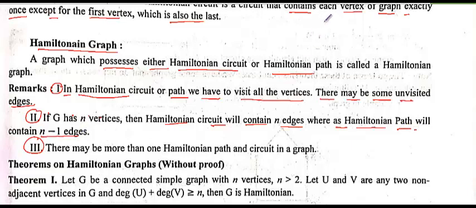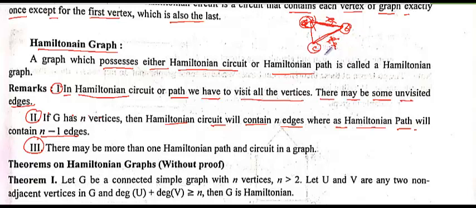I will explain with the help of an example. Like you have 1, 2, 3, so you have a connection like this. The Hamiltonian path means you start from A. Let us suppose this is A, this is B, this is C. You start from A, you have visited A, this is done. Correct? And now you follow this edge, you are done with the E1 edge. Now you have reached B, and now this is E2. You have visited this also, and you have visited C also.